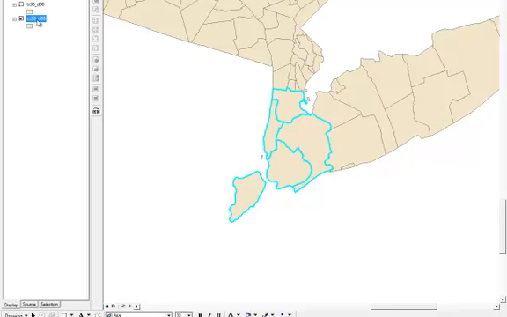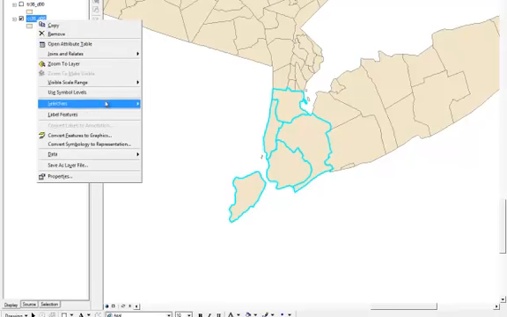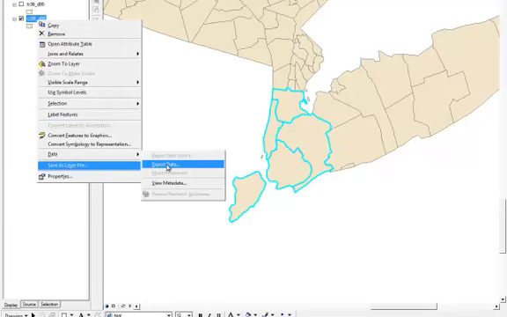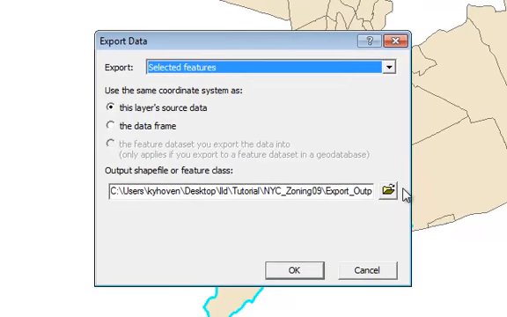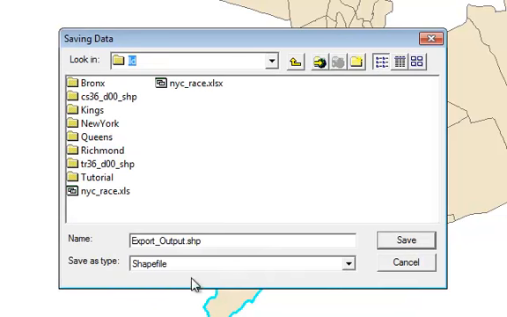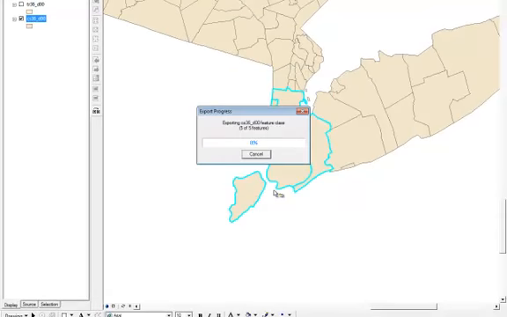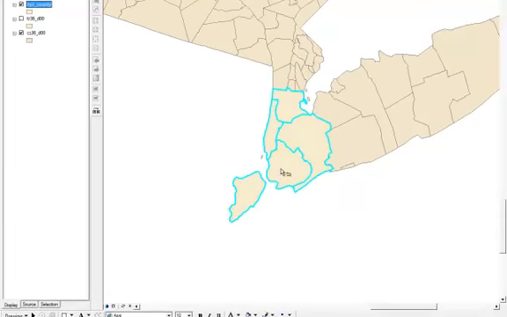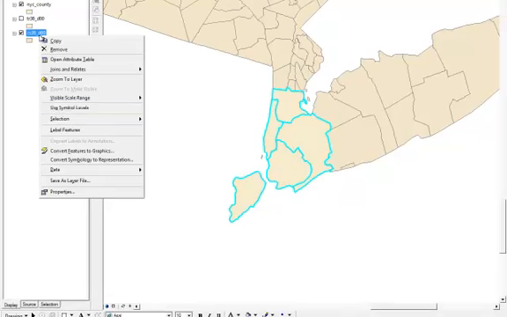Right-click on the layer, the shapefile, and export the data. Say yes, and now we can delete this layer,